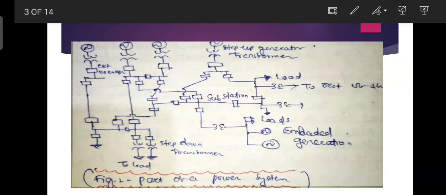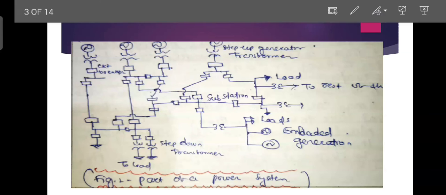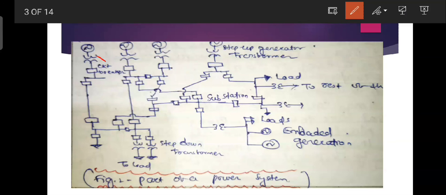So there is a figure of the transmission system. Here transformers are connected, and here is a circuit breaker. Why do we use the circuit breaker? To disconnect from any faulted system. If any fault occurs in the system, there may be a line to ground fault, line to line fault, or triple line fault, symmetrical or asymmetrical, whatever you will see. Whatever the fault is, it will be cleared by the circuit breaker.